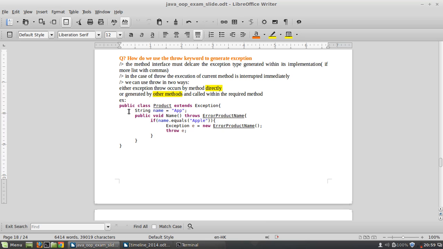Okay, yeah. What's the next question? It says, how do we use the throw keyword to generate the exception? The method interface must be declared. Okay, the method interface must be declared, with the exception types generated within its implementation, listed with commas if more than one. Okay, what do you mean by this? Like something like